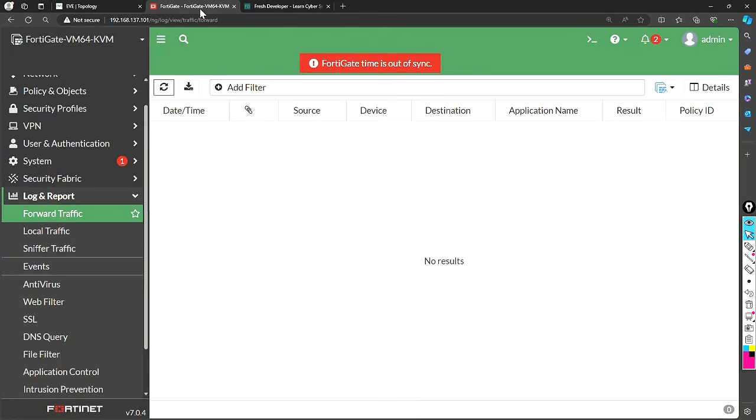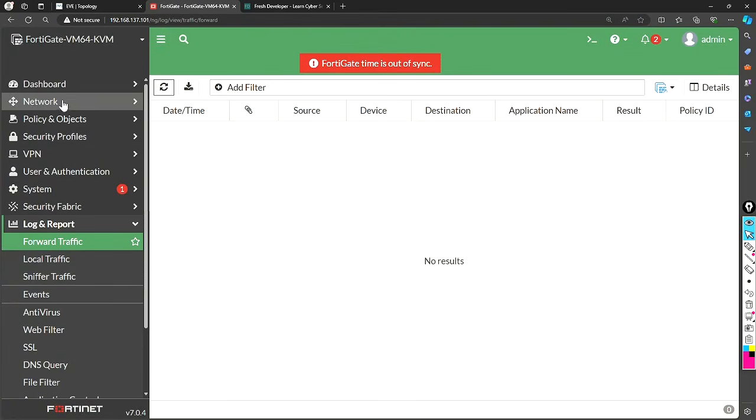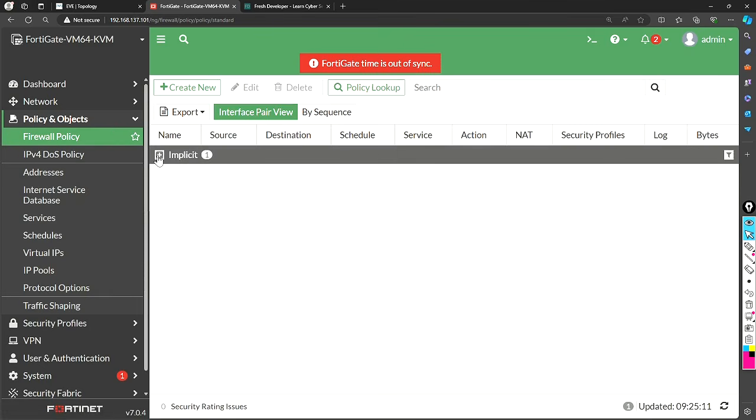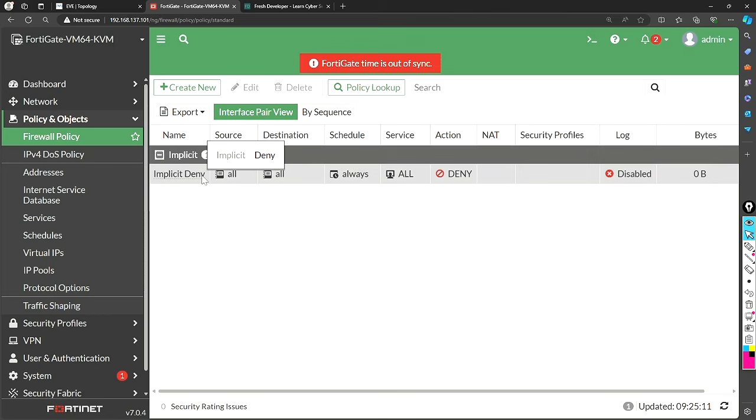So if I go to the policy section, right? There is a default policy. Let's see what that default policy is. In Policy and Objects, I go to Firewall Policy, and there is a policy named Implicit. Okay, if I expand it, it says Implicit Deny. What does that mean? It says that all sources, traffic coming from anywhere, going to any destination, from all sources to all destinations,